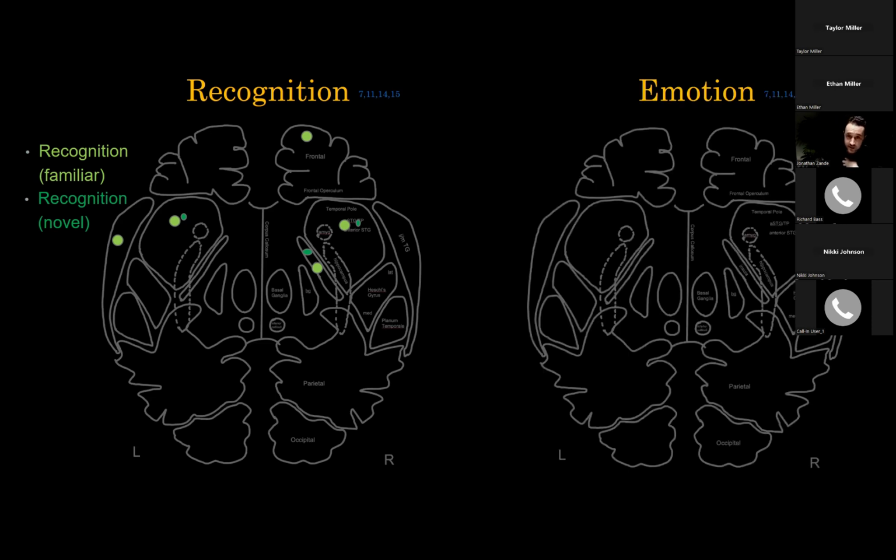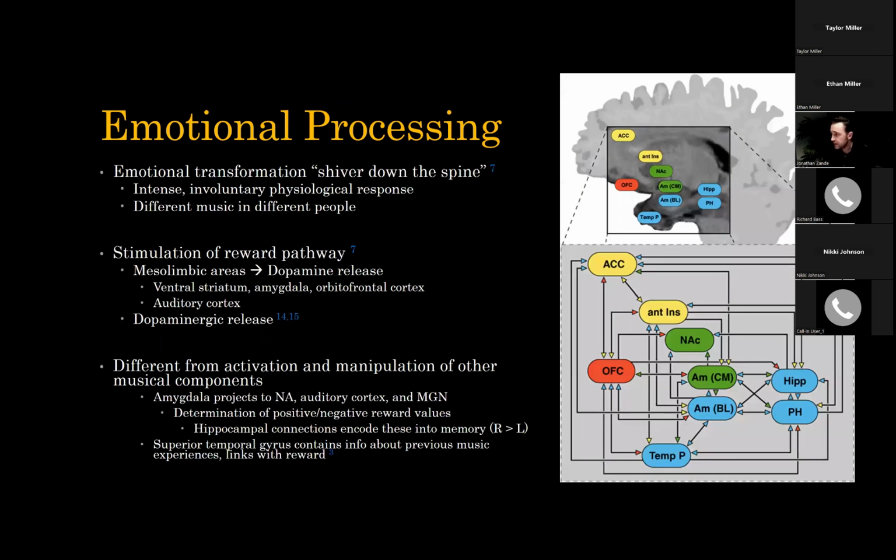And then finally, the emotion that music makes us feel. No surprise, the limbic system is very, very well represented in this sense. And when we talk about the limbic system, we have this complex pathway where mesolimbic areas are affected by release of dopamine, which we'll talk about a little later in the talk. But it can cause this shiver down our spine. It can cause these physiological changes in us just from hearing the sensory intake of music. No surprise, the amygdala, the auditory cortex, various different areas of where music is processed are all involved in this